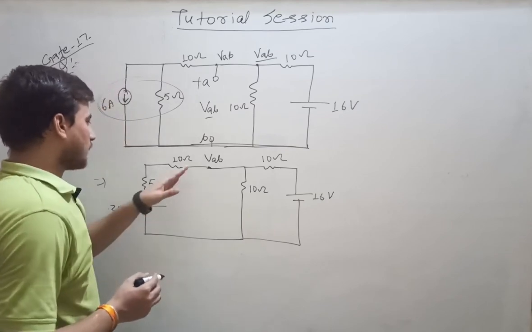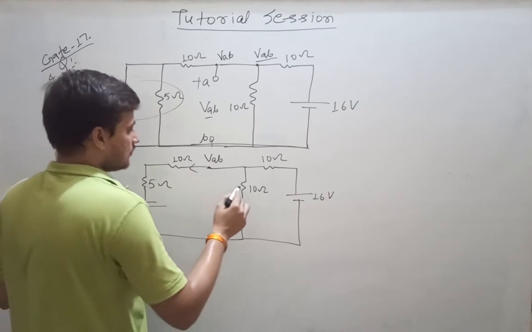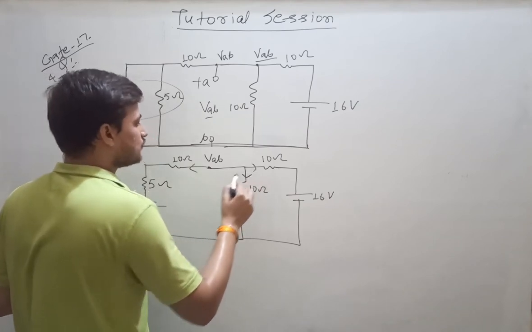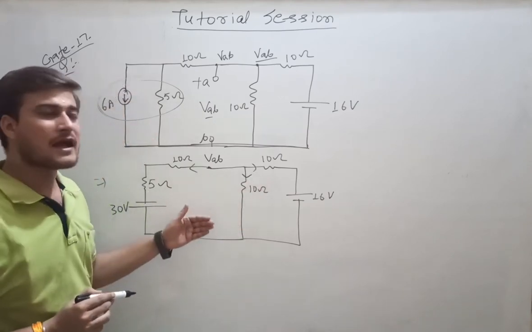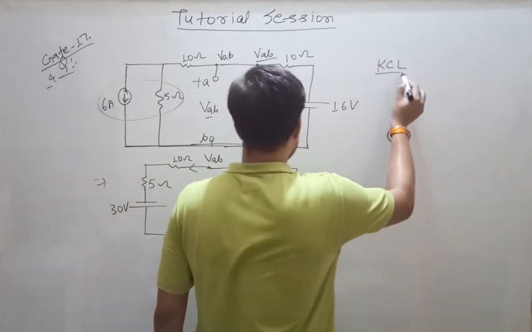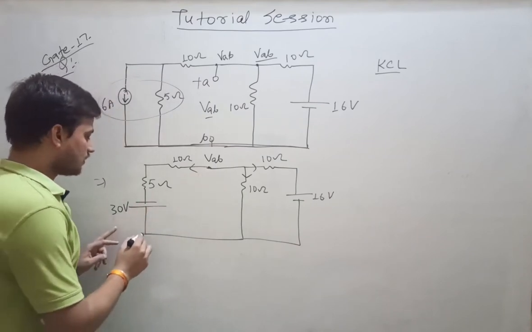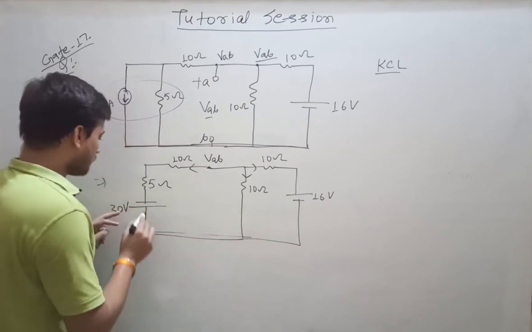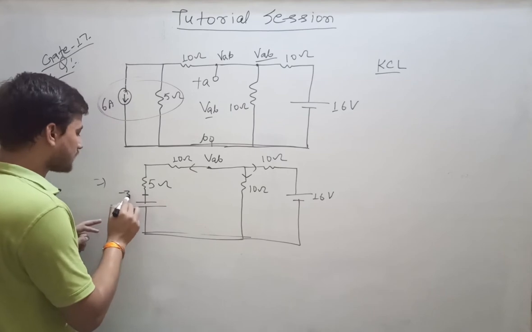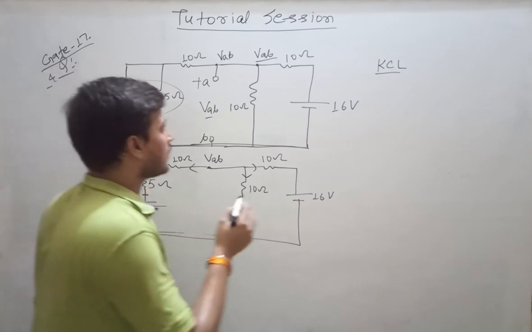You see there are 3 branches. Branch 1. This is branch 2. This is branch 3. If you apply Kirchhoff's current law at this node, so here it will be VAB. Now here see, this potential is 0 volt. So potential of this point will be minus 30 volt because there is fall in potential. So you will write